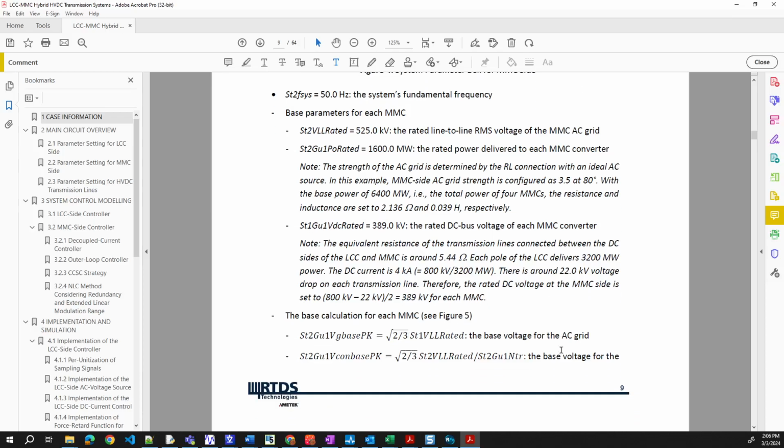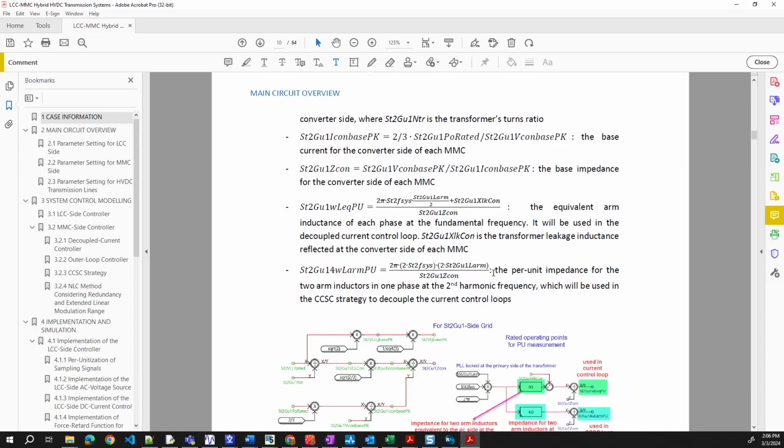In this case, it calculates this: the peak value, and also the inductance, 2 pi frequency times this plus this plus this. The equivalent arm inductance for each fundamental frequency is being used.